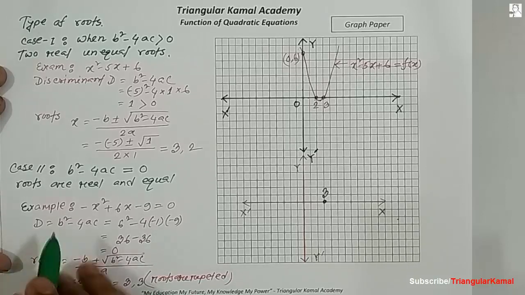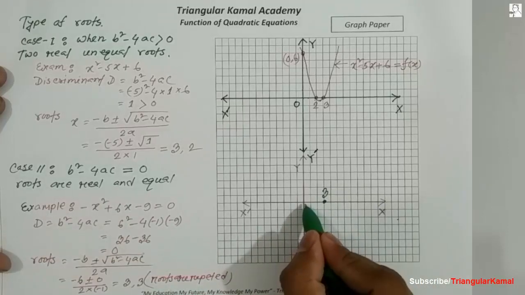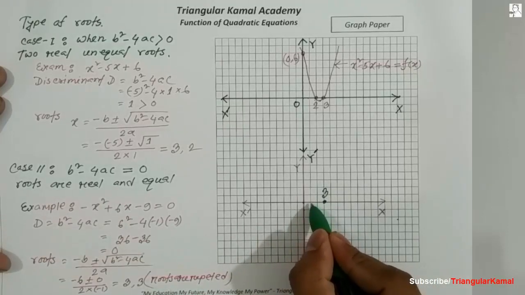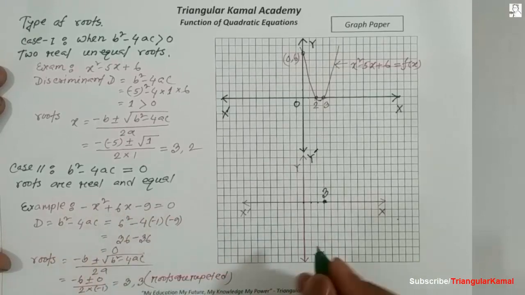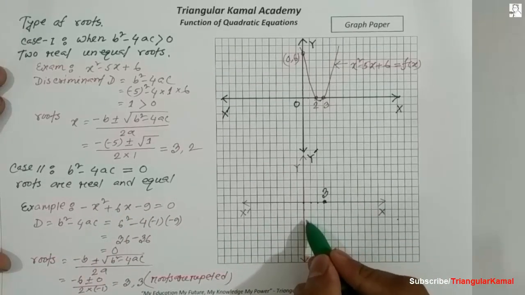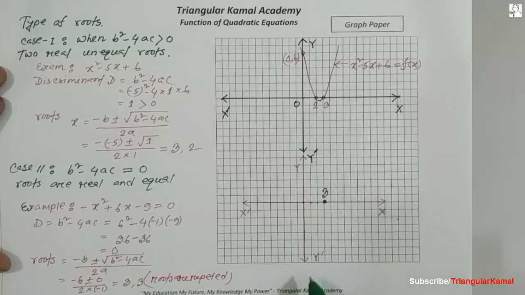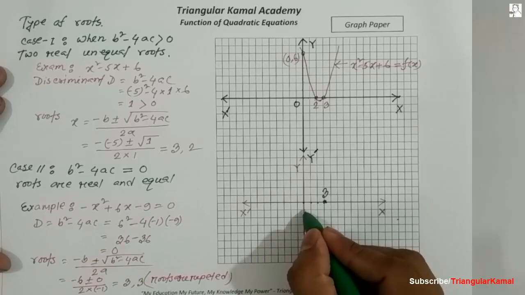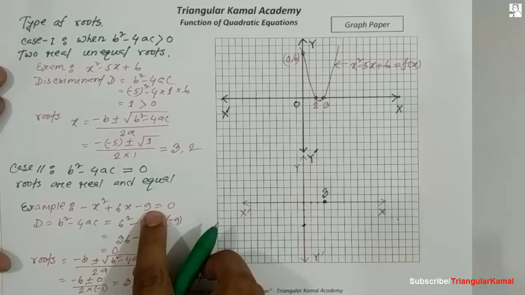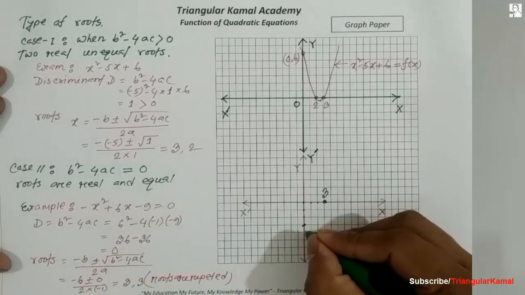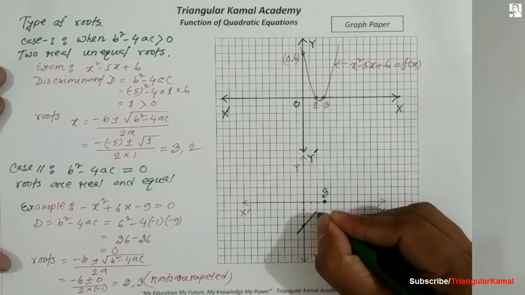When the two roots are repeated, consider 0, 1, 2, 3. When x equals 0, then y will be minus 9. So minus 9 is outside of the graph, so we consider 3 units as 1. So 1, 2, 3 means 3 units as 1. That means minus 3 means minus 9. So now we make here